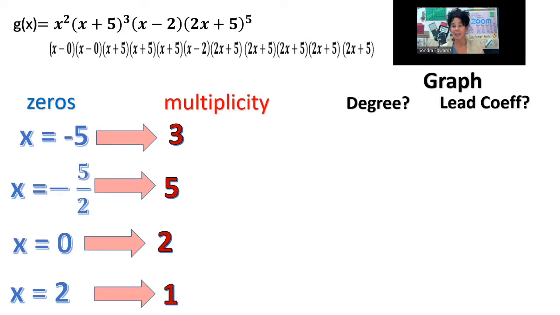But what we can do is just multiply all of the fronts here, x, x, x, multiply all those together, and that is going to be our leading coefficient. So if I multiply x times x times x times x times x times x times 2x times 2x times 2x times 2x times 2x, that is going to be